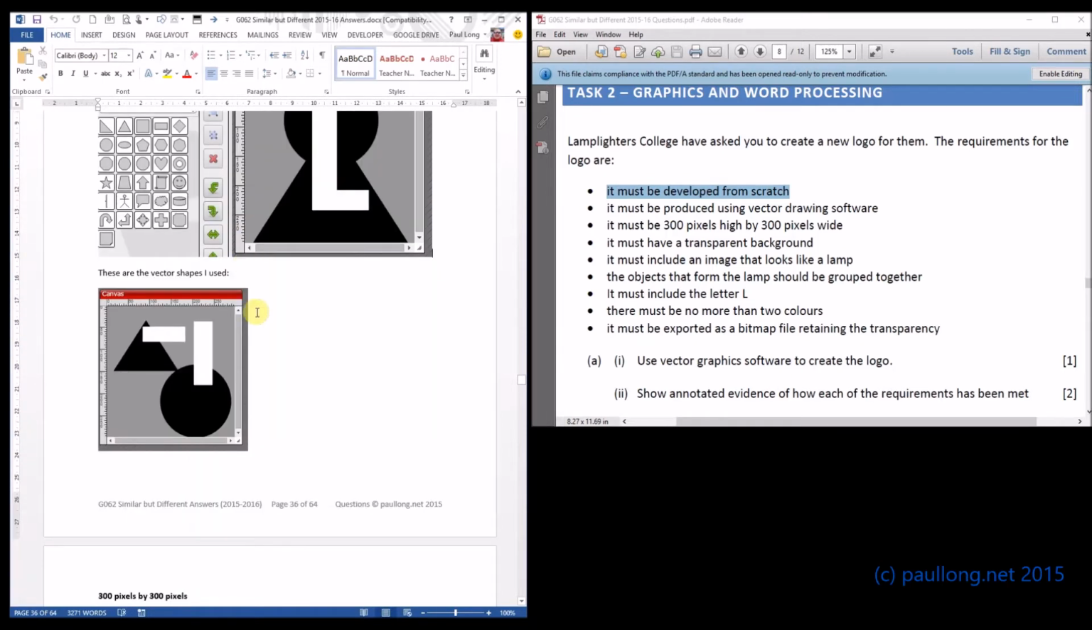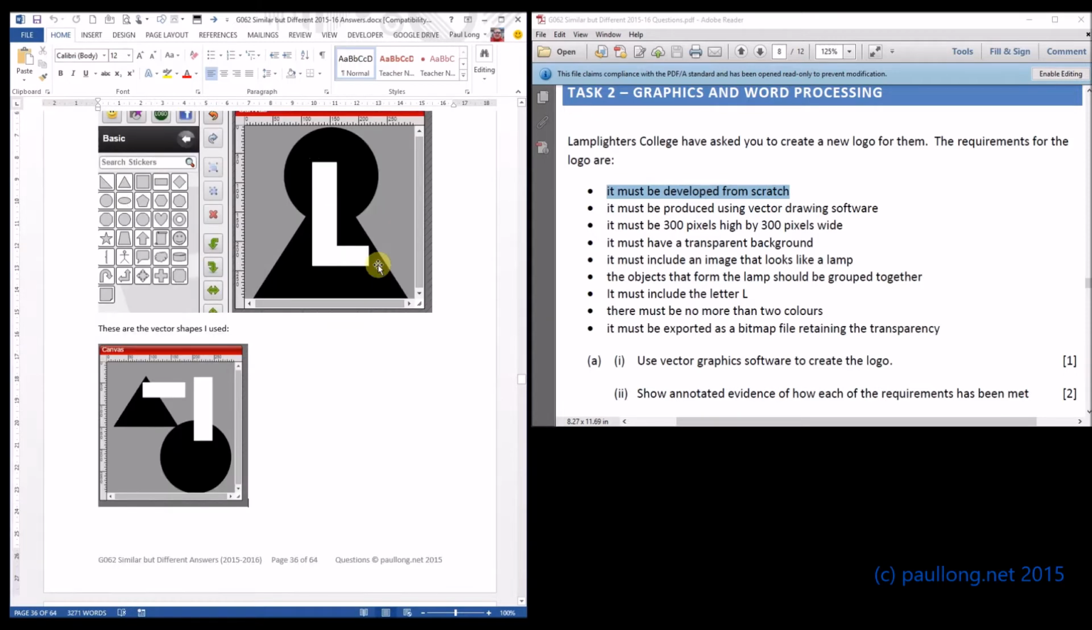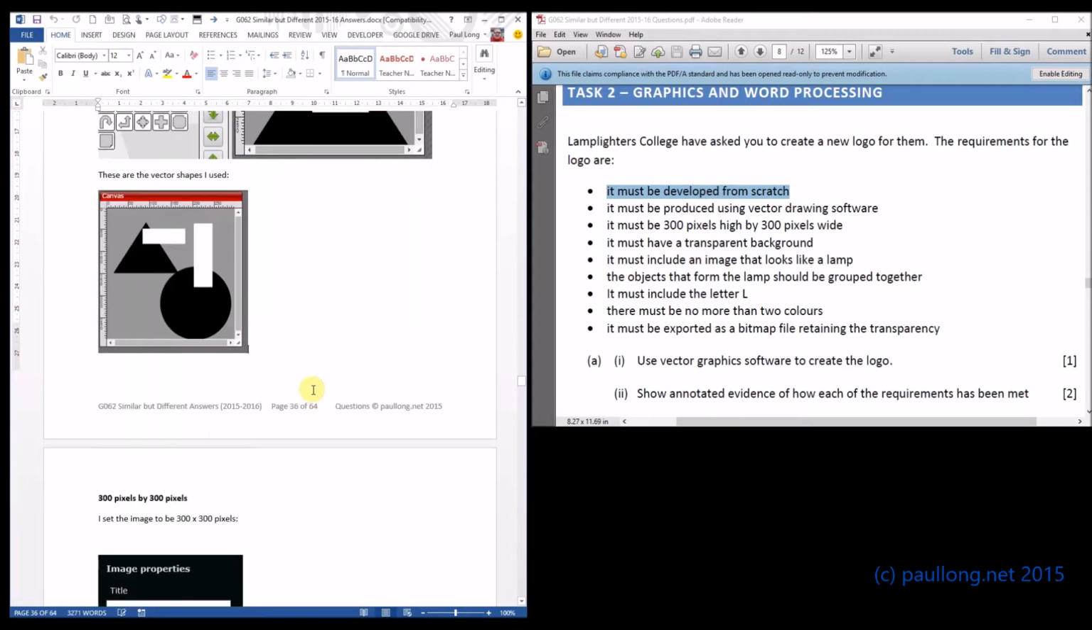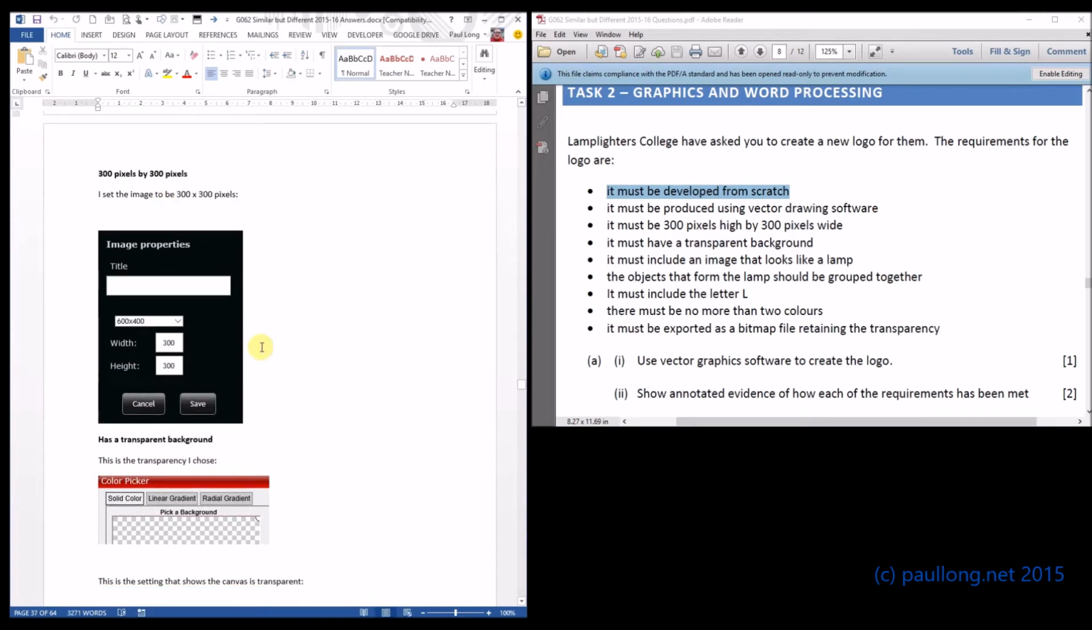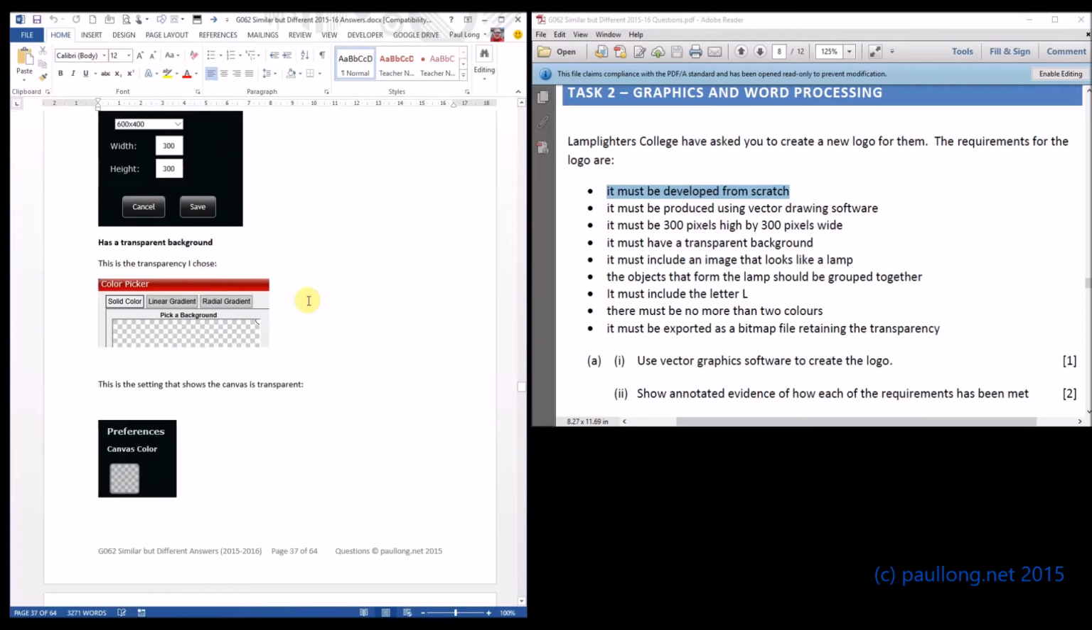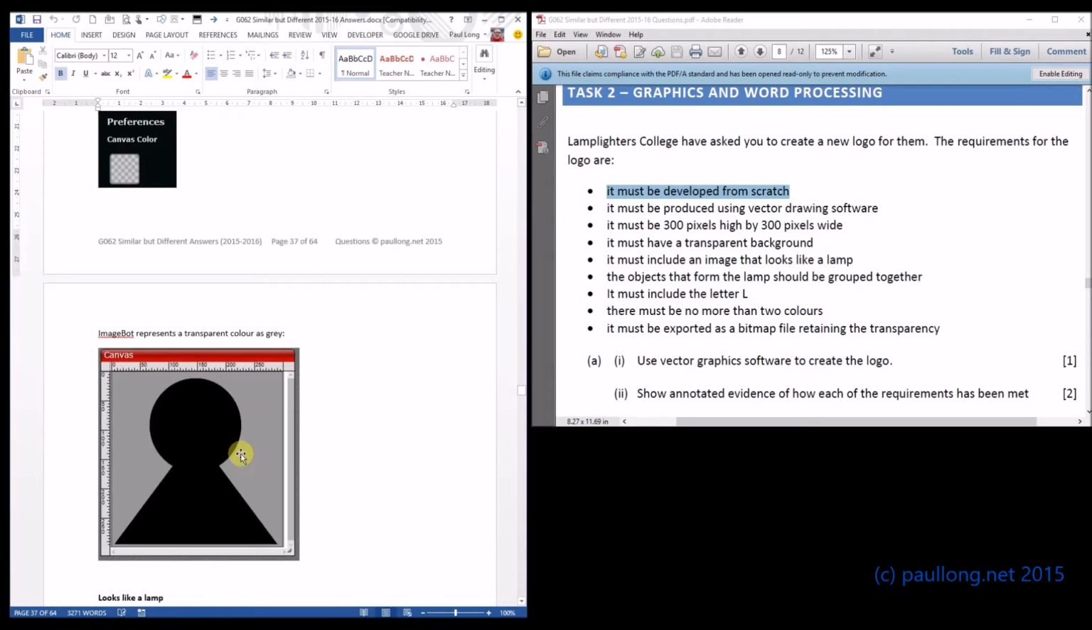I've also, just to add clarity to my annotations, put the shapes. I've just moved them and then I just clicked undo afterwards, just to show that those are the shapes and that they are the same vector objects. The 300 by 300 pixels is quite straightforward, showing evidence how that was set up. Transparency, so I'm showing here that I picked a transparent background and that the canvas color is transparent, and I'm